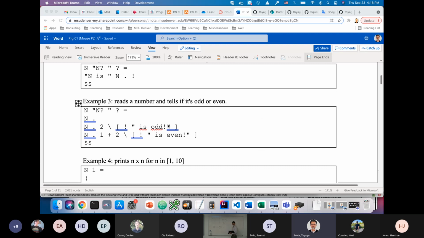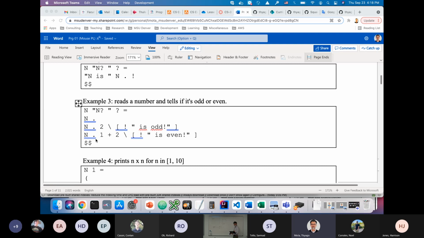And what is it saying there? If we were to run what's inside the brackets, we would basically tell that the number is odd, right? But we know that this number is even. That's why this is not going to be executed. So it will basically just pop the stack, but it won't do anything. And then we have